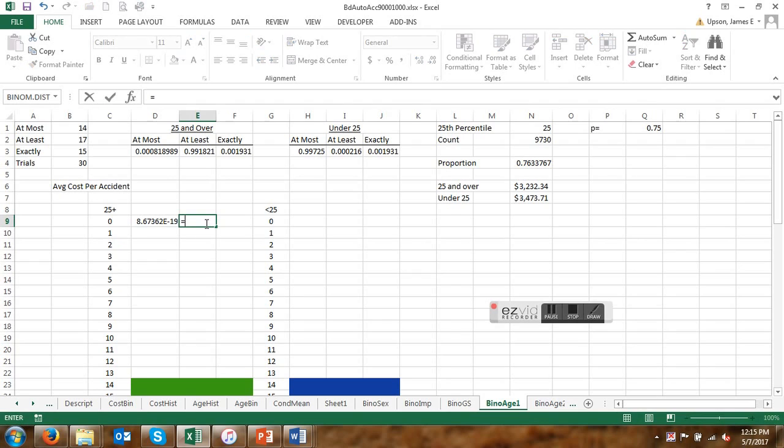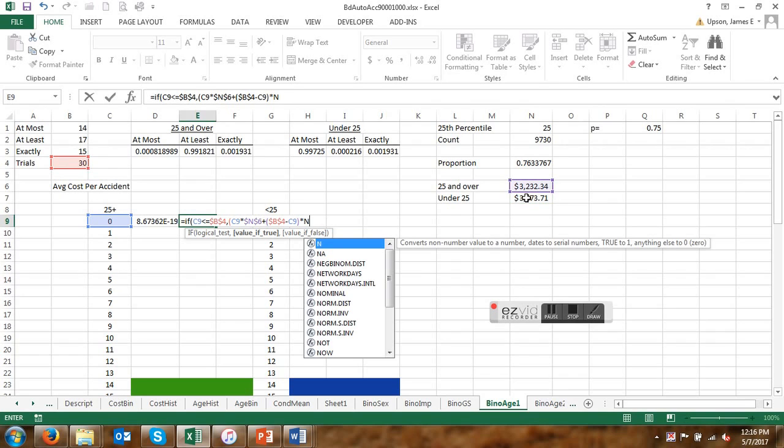Next thing is what's the expected value, so that's going to be equal to IF, and then we pick our number, and if it's less than or equal to the number of trials, we do our F4 to lock that in, and then it's the number of successes times the over 25, so we'll click our over 25, hit F4 to lock that in, we add to it the quantity of the number of trials, F4 again to lock it in, and then we subtract from it our number of successes and multiply that by the under 25. So this is saying there are no over 25s, 25 and overs in the group, and then I need to lock that one in, 7